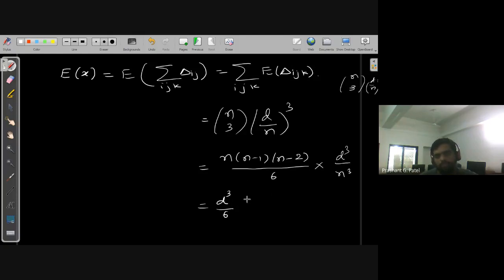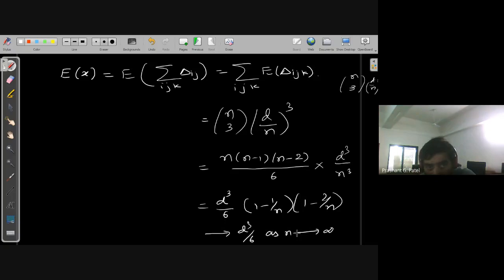We'll write n divided by n will give me 1, 1 minus 1 by n, and this will give me 1 minus 2 by n. So as n is large, this will tend to d cube by 6 as n tends to infinity. So if you increase the value of n, then the expected value will be d cube by 6. That means the number of triangles will be fixed. It will not depend on n. It should be fixed. Even though on average there are d cube by 6 triangles per graph,